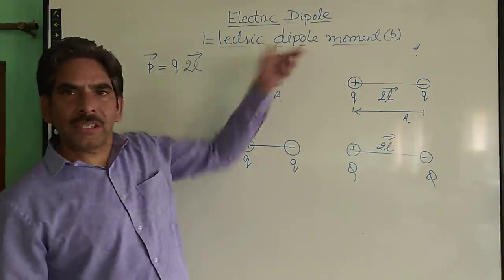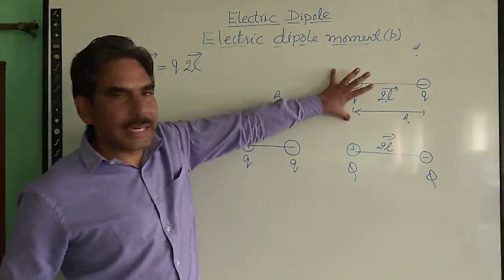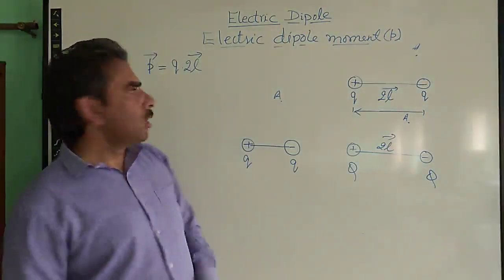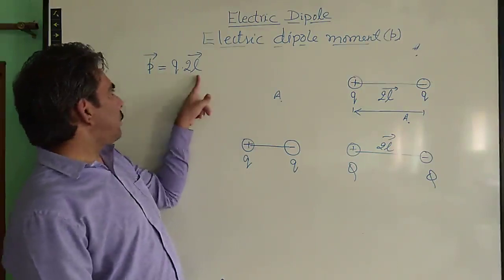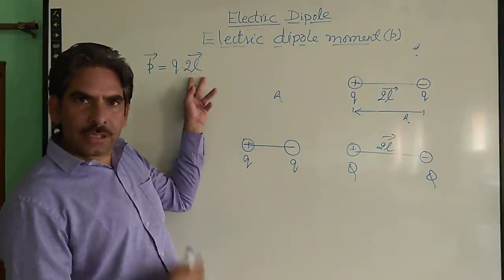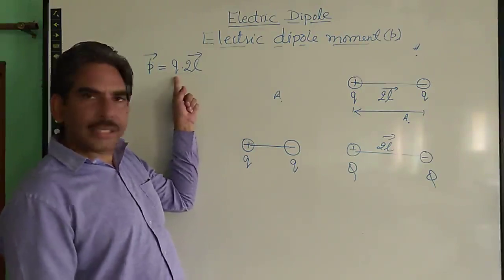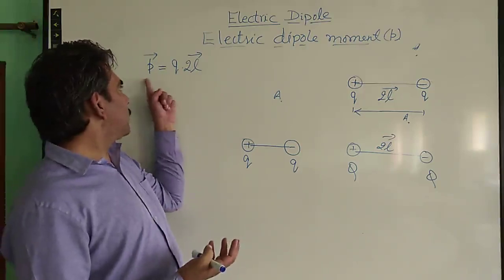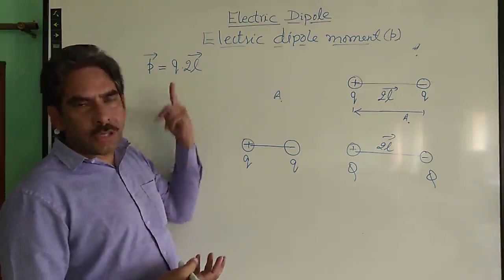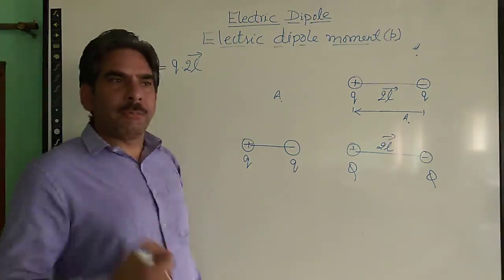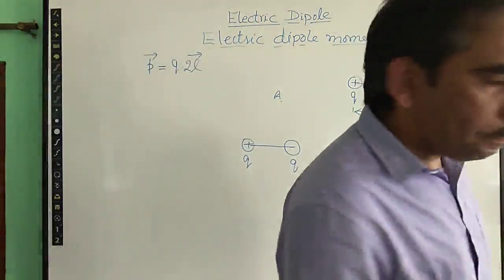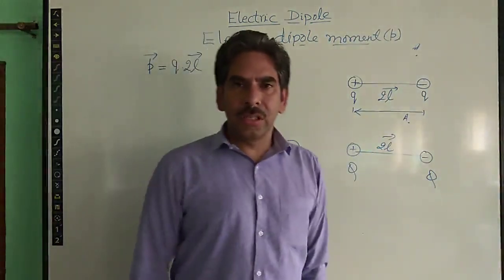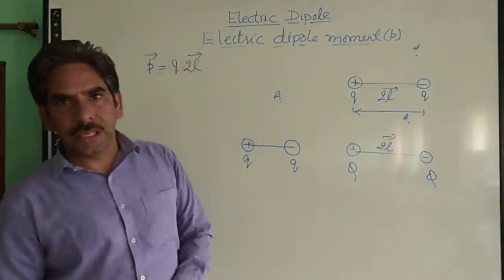So electric dipole moment is nothing but a quantity which considers all the factors of an electric dipole which affect the electric field at any point due to this electric dipole. So this is how we define it. The separation between two charges, meaning the length of the dipole, affects the electric field at any point. Also the strength of the charge affects the electric field. Therefore this electric dipole moment includes both of these terms. So electric dipole moment is nothing but the product of either of the charges and the length of the dipole.